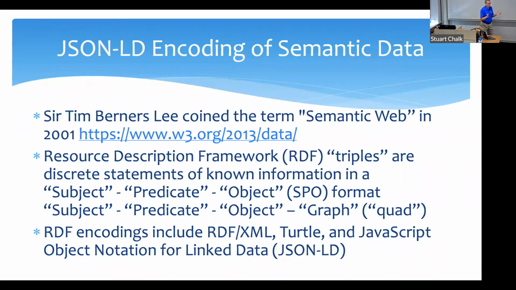Some of you may know about semantic data, some may not. So here's a quick primer on that. RDF, Resource Description Framework, is the idea that any knowledge can be represented using a triple, which is the identification of a subject, and then a predicate that relates that subject to an object. The object can be another subject, or it can be a literal value. So it can be a string, a number, a Boolean, whatever.